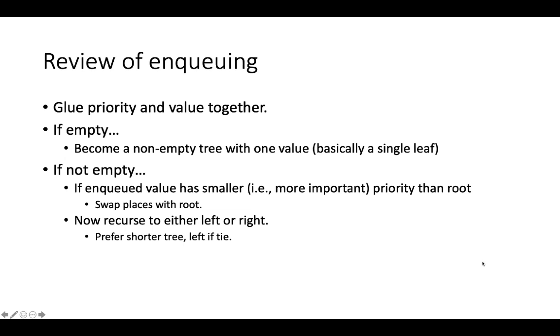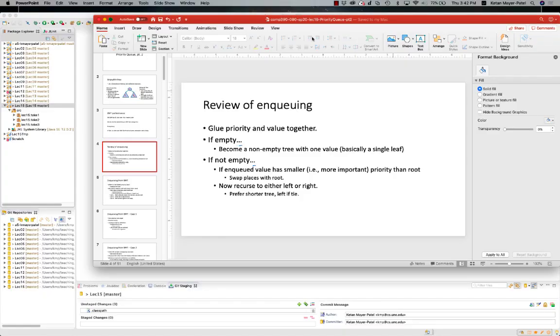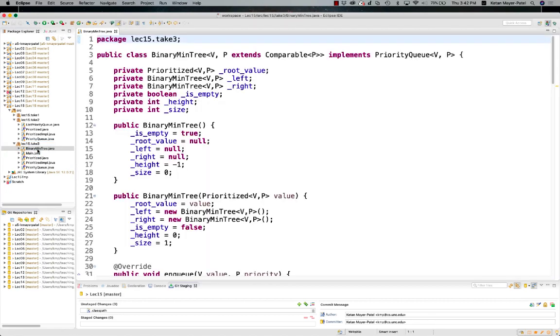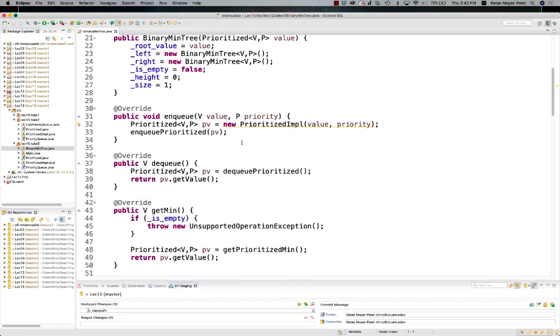So, OK, just to review the code that we ended with last time, I believe we were at take 3 or take 2? Let me think here. Yeah, we're at take 3, binary min tree, right? And here was